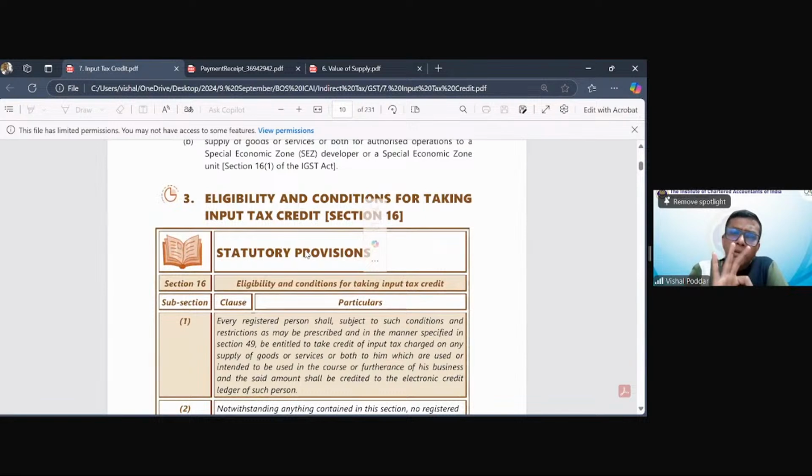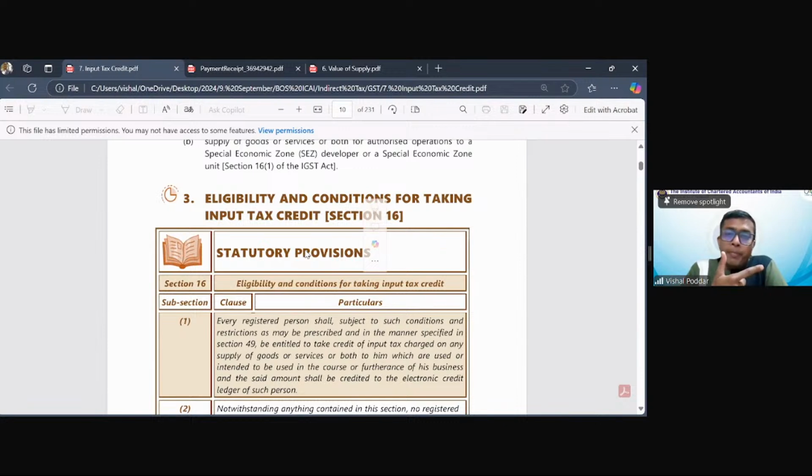Now, broadly, ITC covers only three sections: 16, 17, 18. 16, I call it the mother. 17, I call it the father. 18, I call it your brother, sister, that is your sibling. Why? 16, I call it the mother section because, like a mother, kind-hearted, 16 gives me the credit. It says that I will give you this credit only if you fulfill certain conditions, same as what a mother does. 17 is the father. Why? Because 17 is very strict like a father.